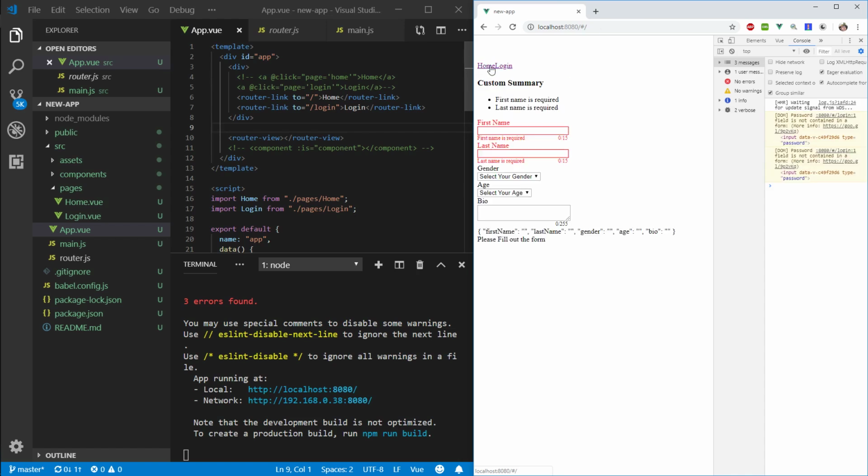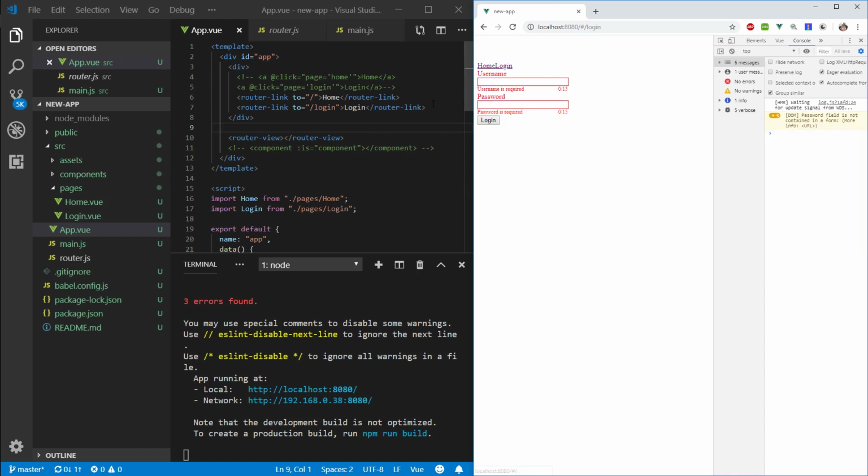Nice. So our router works, as you can see. Let me refresh again, and you can see if we're on /login, we are retained on the login page. Okay, so the router works, but we have this hash sign. What is this about? By default, the Vue Router doesn't use the browser history,